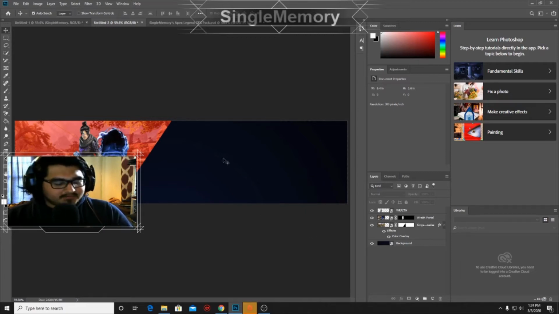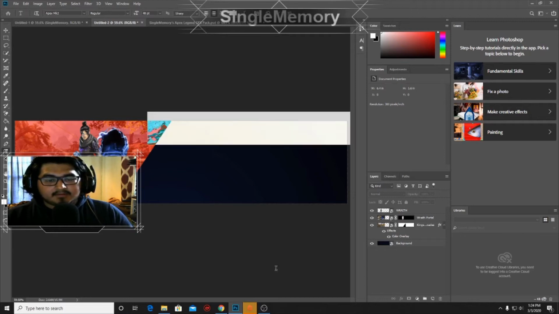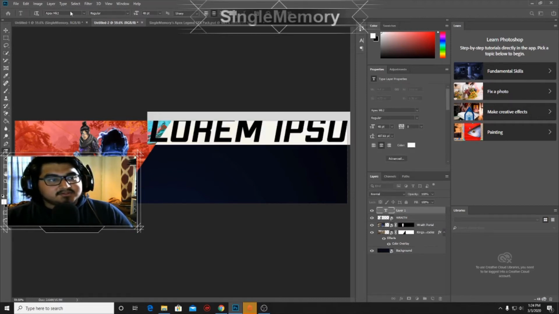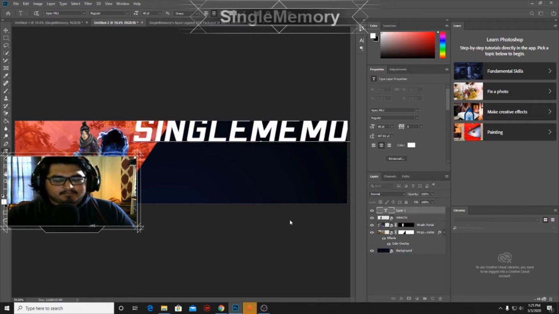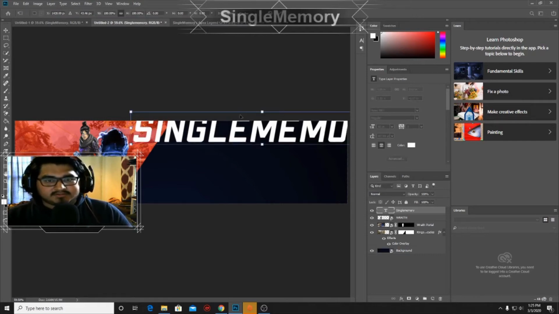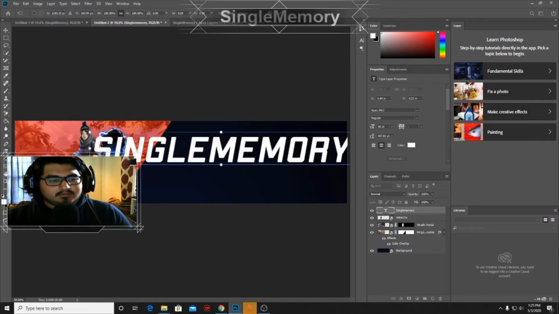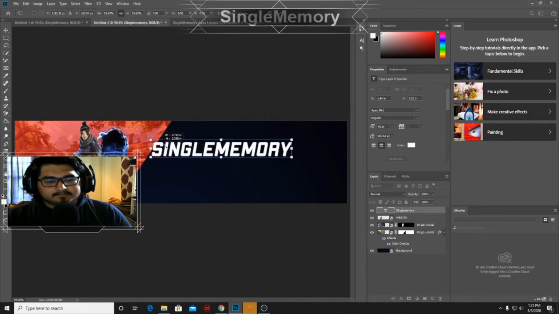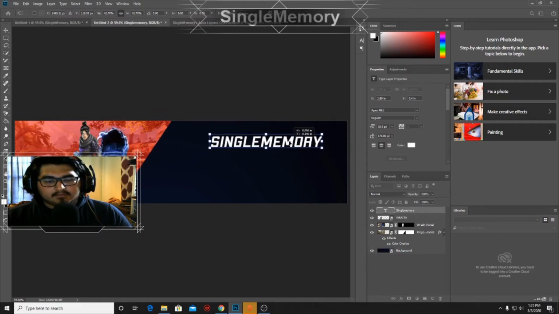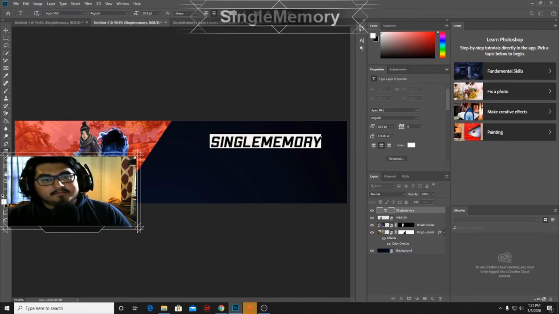Now what you're going to do, hit T, make sure you have Apex MK2. What you're going to do is type in your name, of course. Control T, Alt, left click. Looks kind of basic. What do you think? Let me go ahead and go to the text properties,